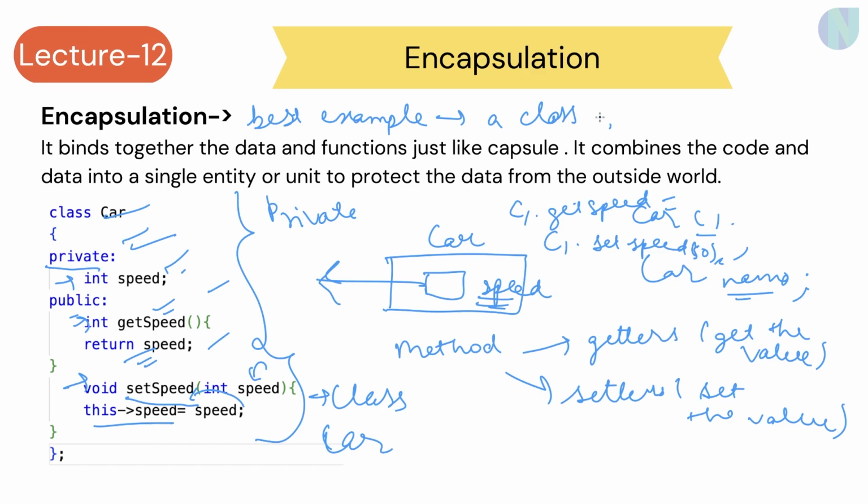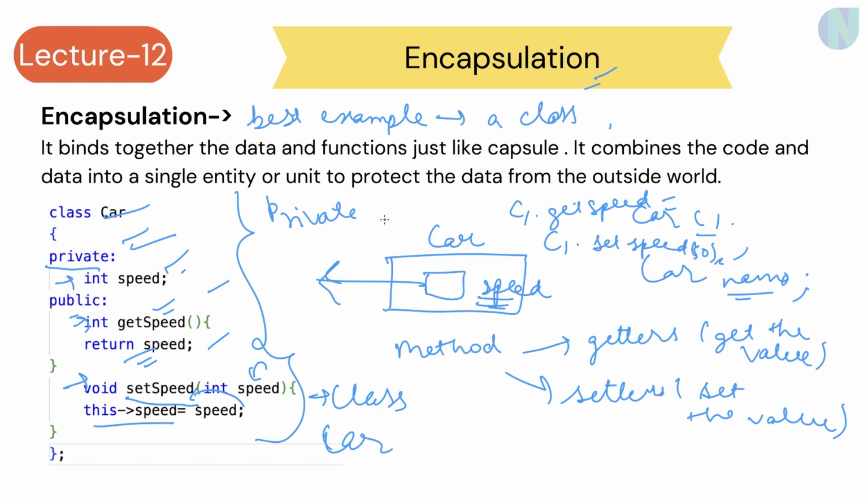So basically whenever someone asks you about encapsulation, you can say that encapsulation is basically the binding together of all the data members and their methods and functions together inside a class, just like a capsule. So this could be a proper definition for encapsulation. And for an example, you can say that if I am making a class car, then I am setting a data member as private, and I am using the public specifier to set the data, get the data, and some methods as well, and then I am using those methods outside my class to make some modification in the data member according to myself.